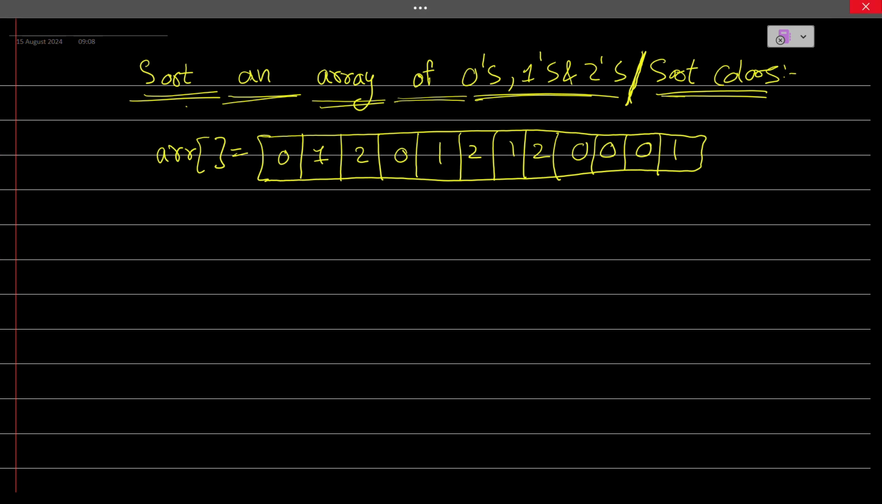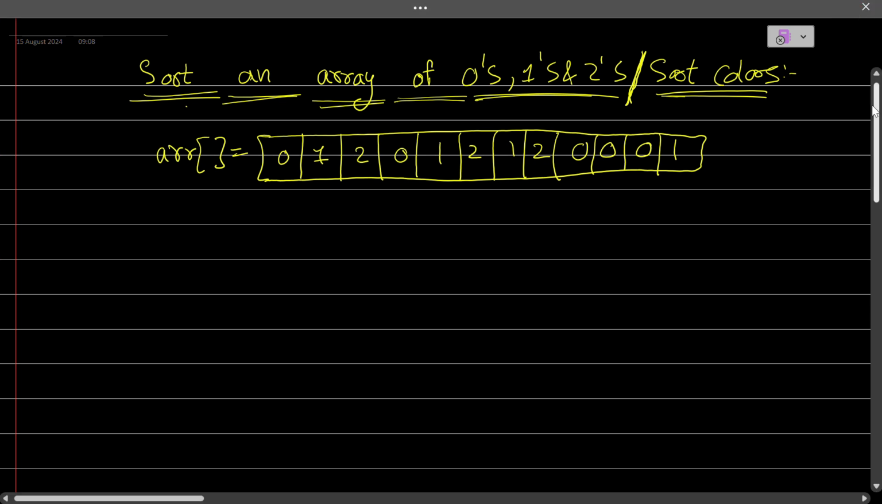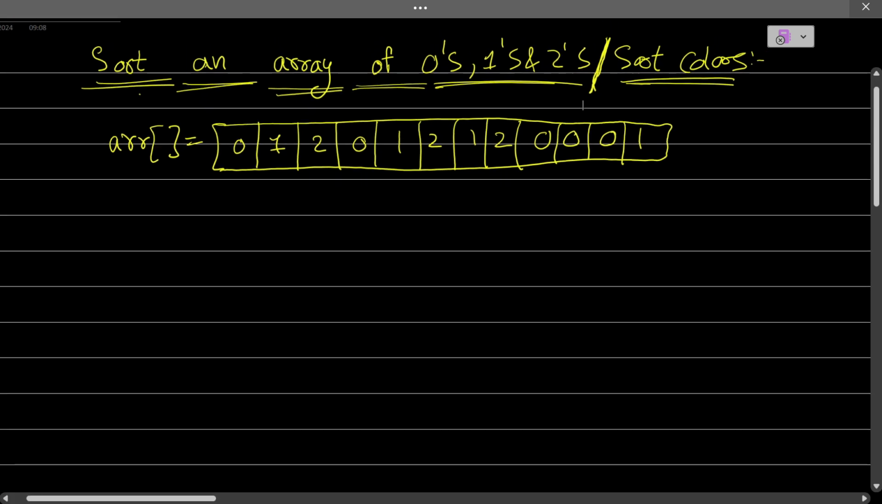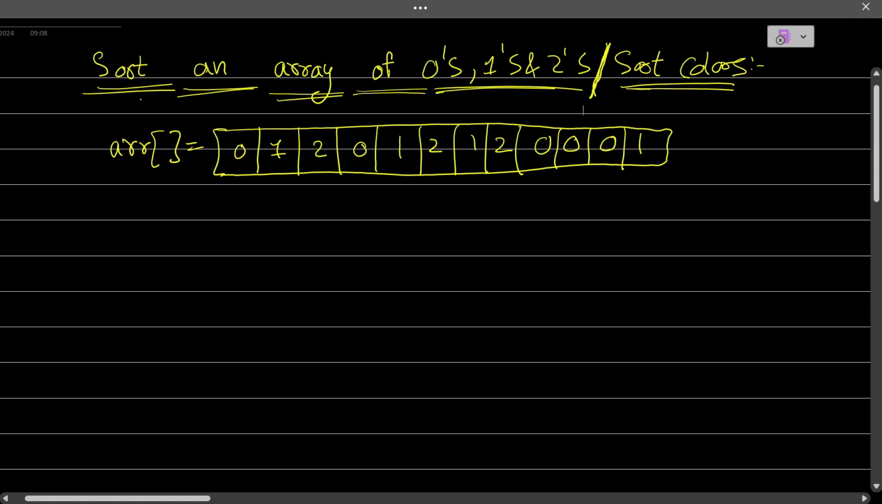So today we are going to learn how to sort an array of all zeros, ones, and twos. Here we have been given an array that contains zeros, ones, and twos. What we need to do here is sort it like this: